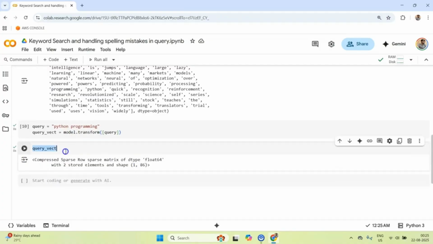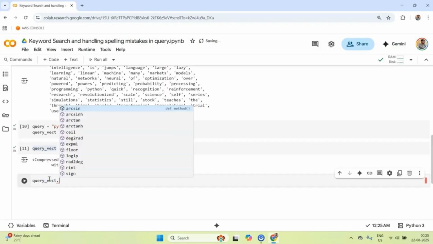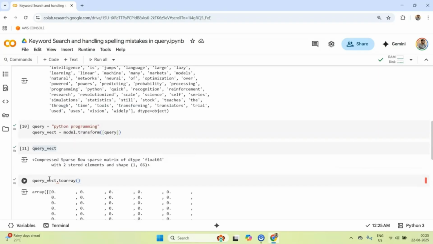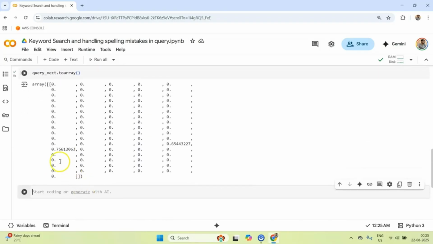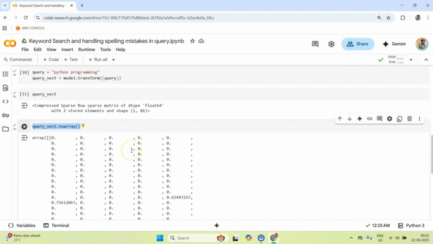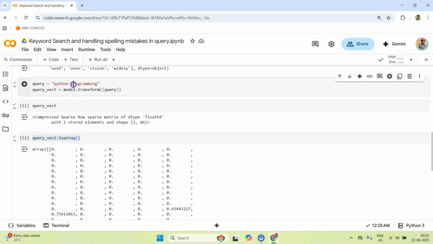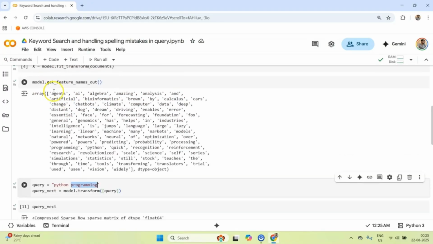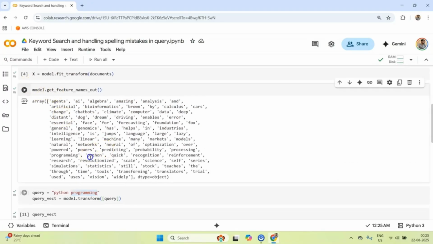If I run this, now I will have a query vector, and again this is going to be a compressed vector, but we can see it's basically a two-dimensional array representation. You see some of the entries are filled. If you check the index, these entries might correspond to Python and programming, because within our features Python must be coming here and then programming must be coming here.